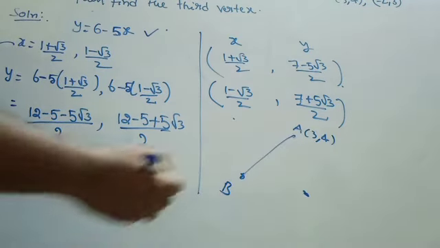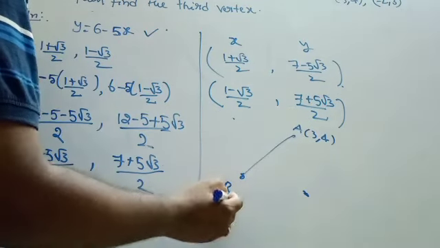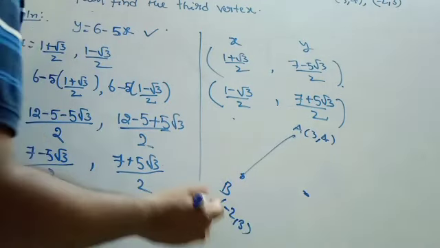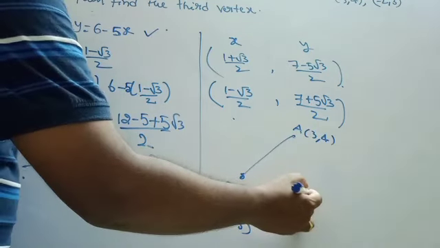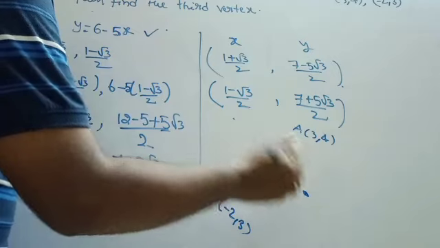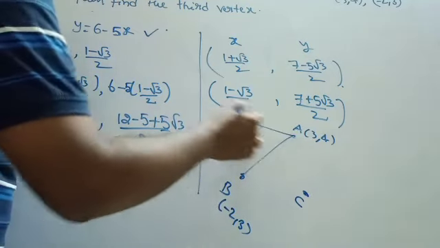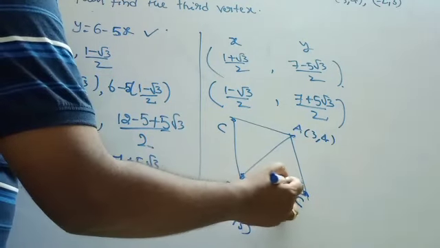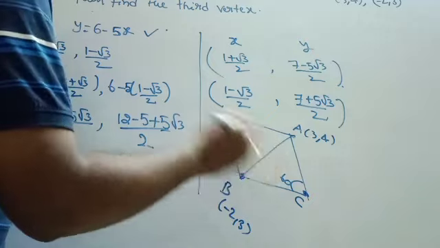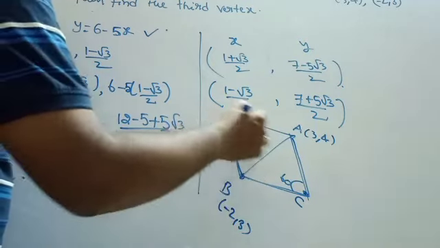Now when they are given two of the vertices, A as 3, 4 and B as minus 2, 3, you see my dear students, there is a good logic. C may lie on either side, either this way or this way. There are two possibilities to have an equilateral triangle for this, right? This may be 60 degrees, here also there may be 60. There are two possibilities for C like this. Either this side you may have or this side you may have.